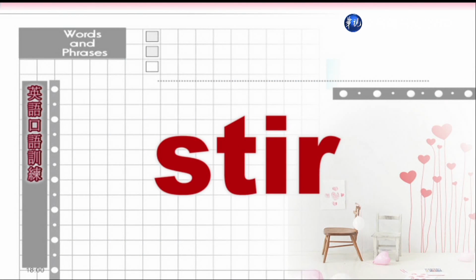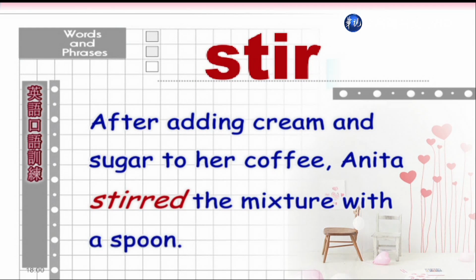Stir, stir. 搅拌。After adding cream and sugar to her coffee, Anita stirred the mixture with a spoon. 安妮塔搅了搅加入糖和奶精的咖啡。